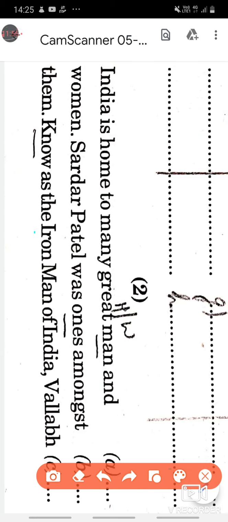Now children, before you take up the homework, that is passage 2 and 3, I would like all of you to read the instructions part again and go through the first error correction question once again. Only after you read it, you will take up question number 2 and 3.